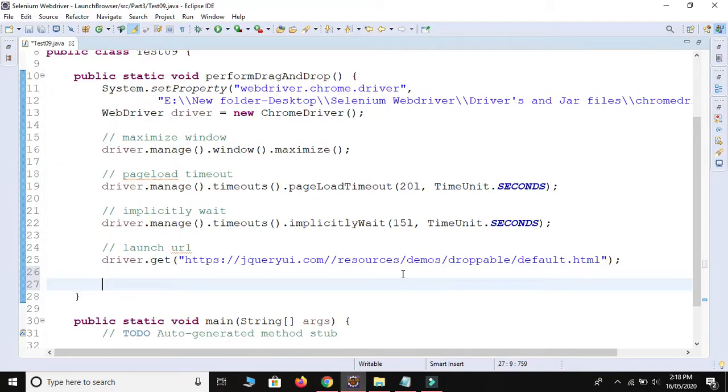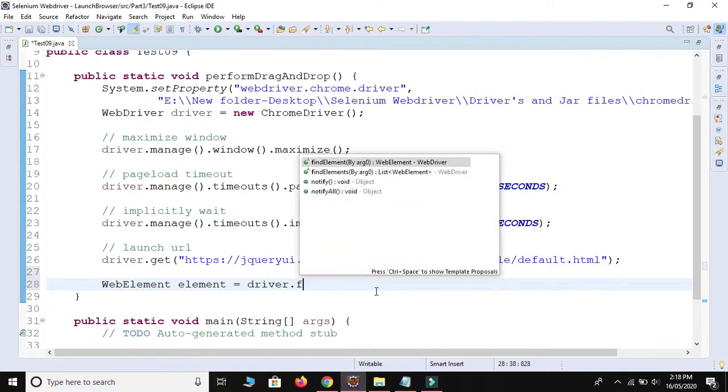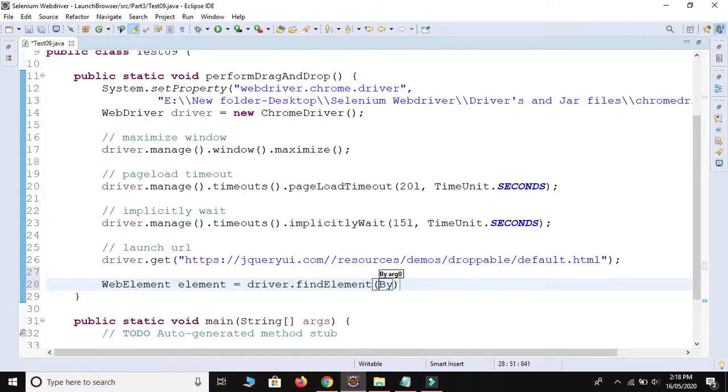First thing is we need to take both the elements, the first element and the second element. We are going to find the web element, so we use the WebElement interface: WebElement is equal to driver.findElement(By.xpath).